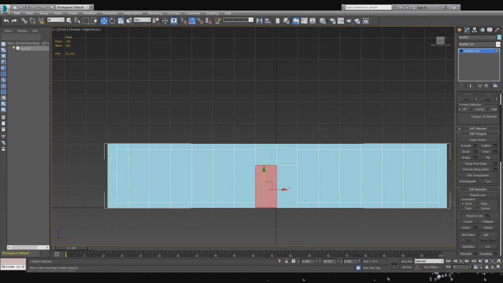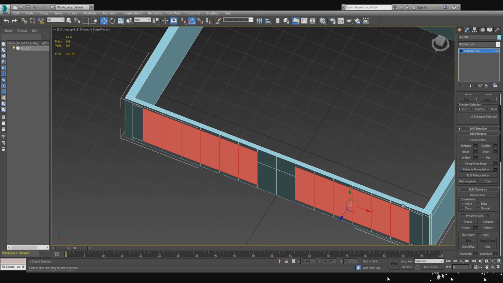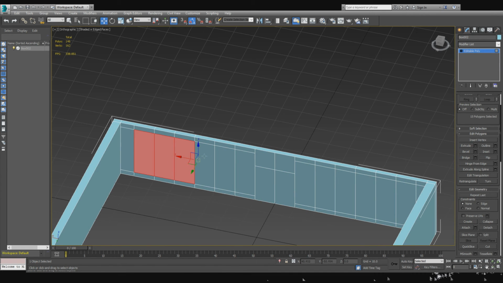There we go. So now we can actually go through and remove most of these, but we're not going to do that first. For the windows, we're going to select all of the windows. We just cut out, but that's not a window, so Alt and click. Once we've selected all of the windows,